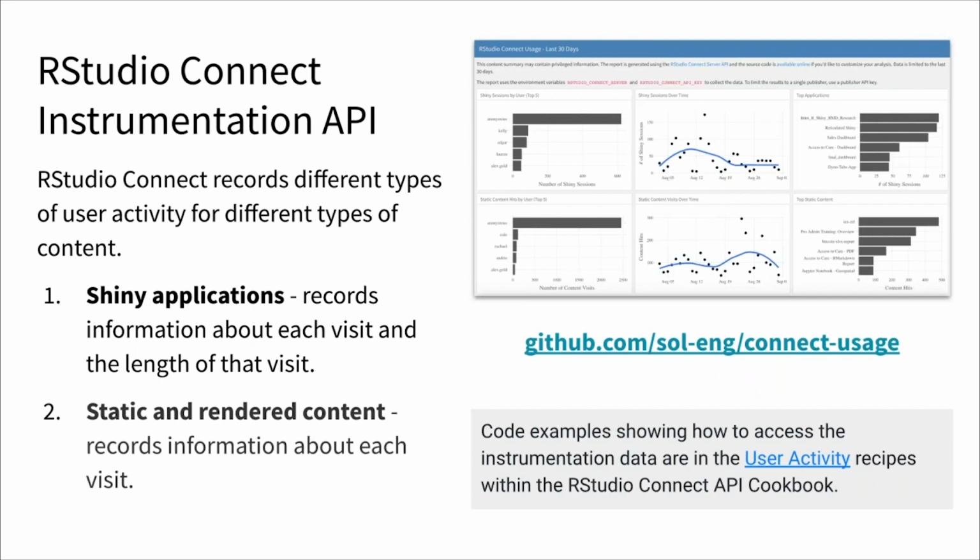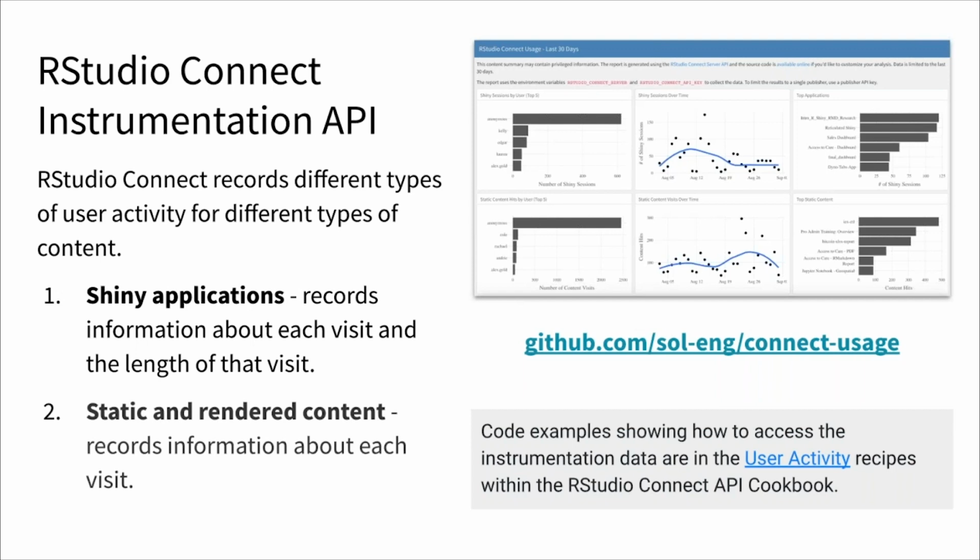This dashboard you see here on the right is one that my colleagues on Solutions Engineering put together called the Connect Usage Dashboard. And it is available at that GitHub URL. The code is all there, and we would really encourage you to take that. You can drop it into your own server as is if you'd like to see this same information about your data products,